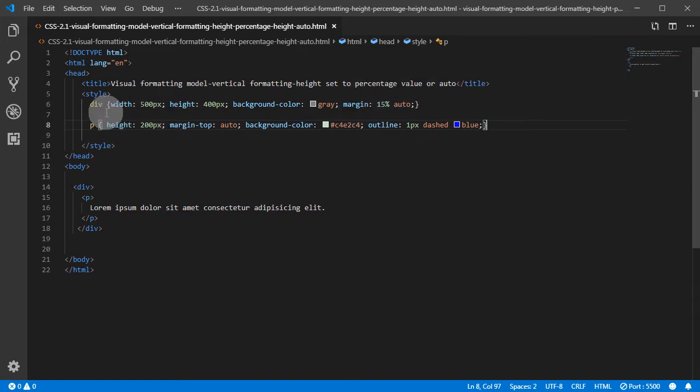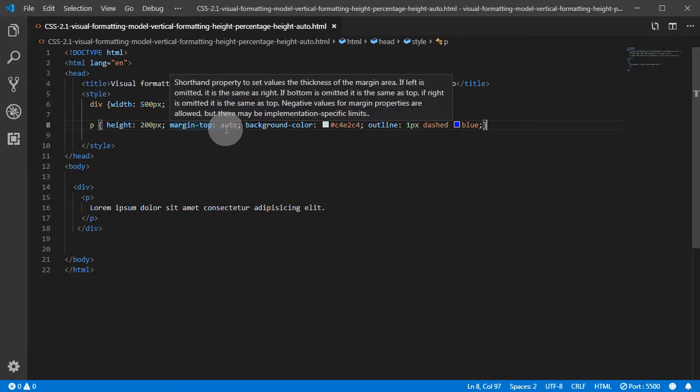What we have here is a div containing a div, the width set to 500 pixels, height 400 pixels. I just gave the div some background color, and then we have the child p, whose height is set to 200 pixels, and we gave it margin top auto just to demonstrate this